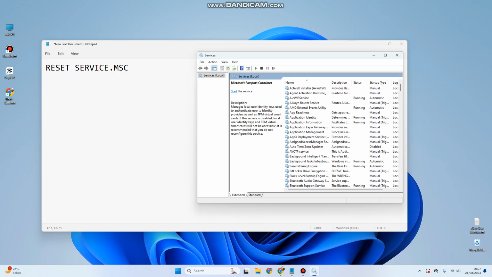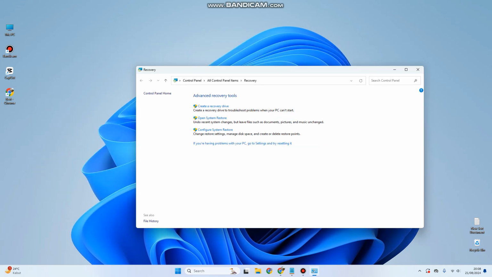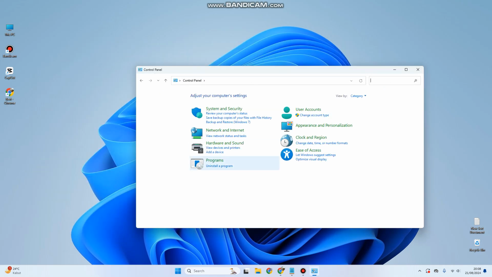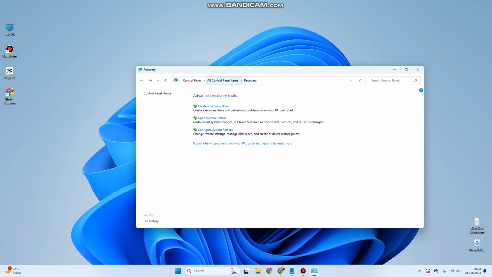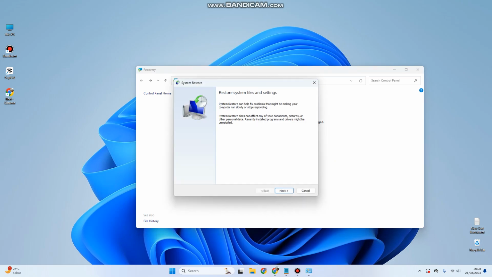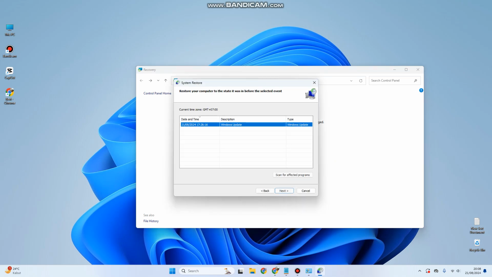All you have to do is go to the control panel, and then you can search the all control panel items recovery. Here you can open system restore, you can click next, and you can go back to the first time your Windows is launched. So this is like a factory